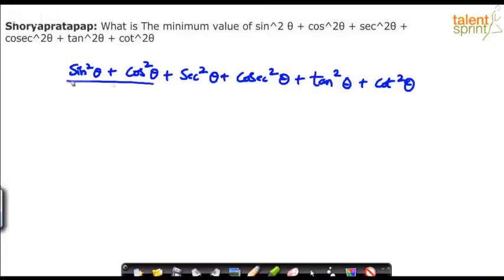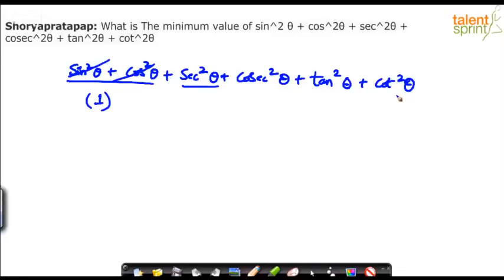So sine square theta plus cos square theta. See, irrespective of theta, we know that sine square theta plus cos square theta is equal to 1. So this part is simplified. Yes or no? Sine square theta plus cos square theta is 1. It is not about minimum or maximum. Whatever be the value of theta, sine square theta plus cos square theta is 1. So that is done. If you look at the remaining 4 trigonometric ratios here,